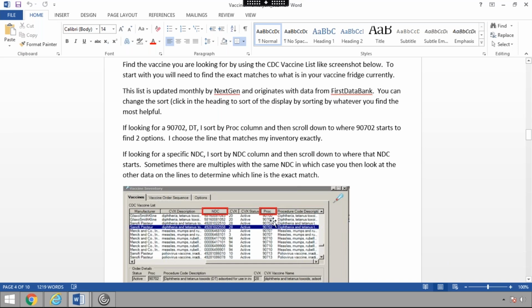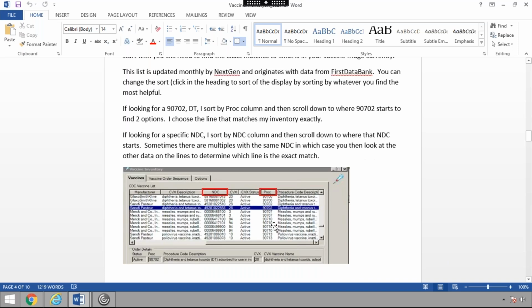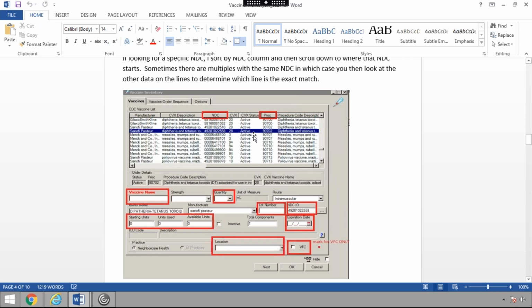Same thing's true for procedure. But you're basically looking for an exact match, that it's the right manufacturer, it's the right NDC, and it's the right description, and if you know what the procedure code is, that it's the right procedure code. So there's that. And once you find the one you want, say if I wanted to add this